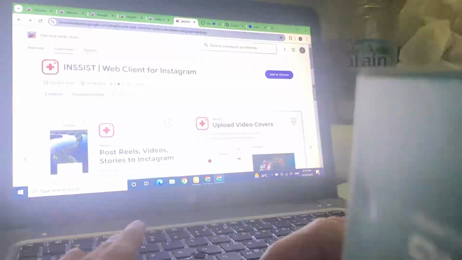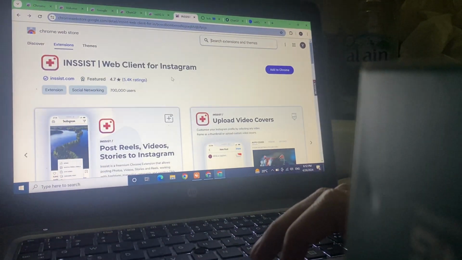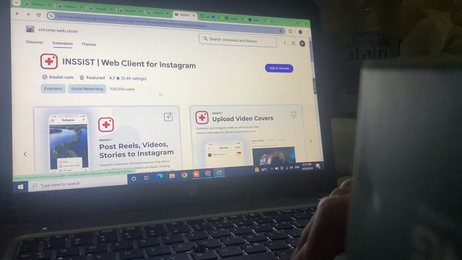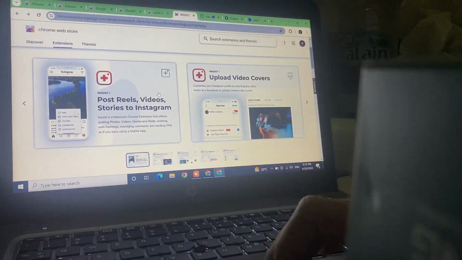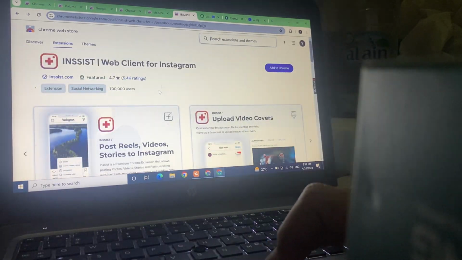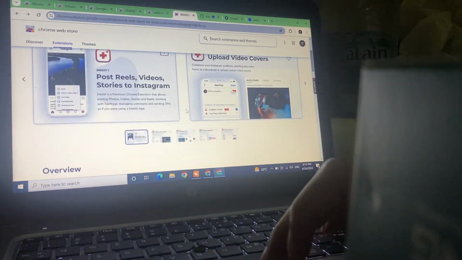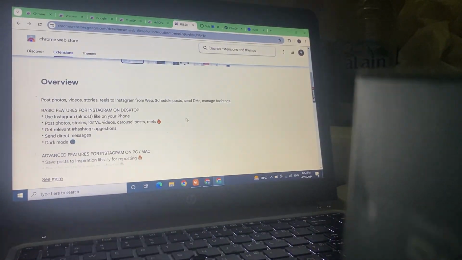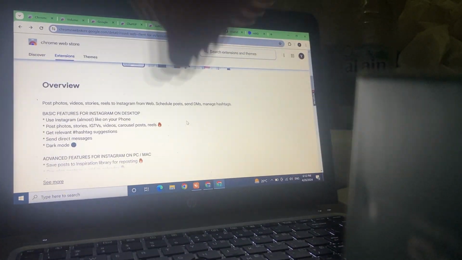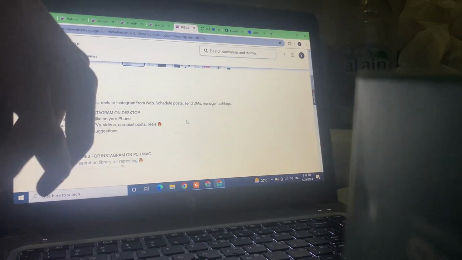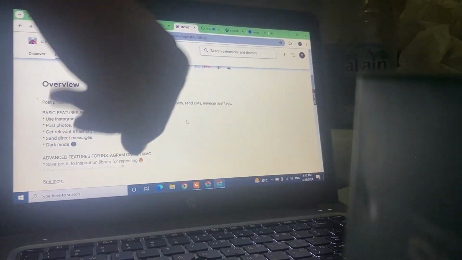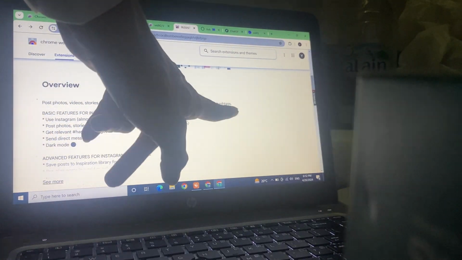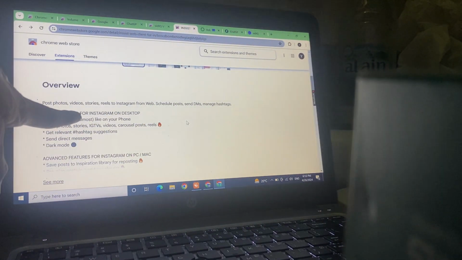So here is my Inssist web client for Instagram. This is a very popular one, and for Instagram, we will read the overview. For Instagram, post photo, video, stories, reels to Instagram from web, schedule posts, send DMs, manage hashtag, basic features for